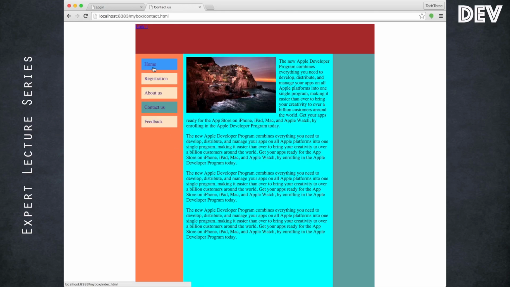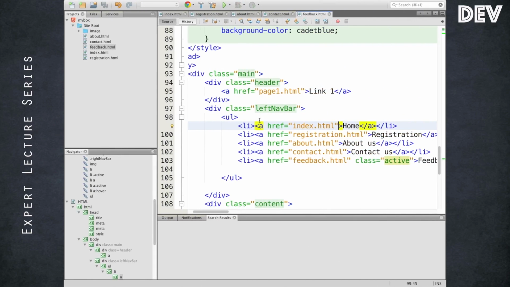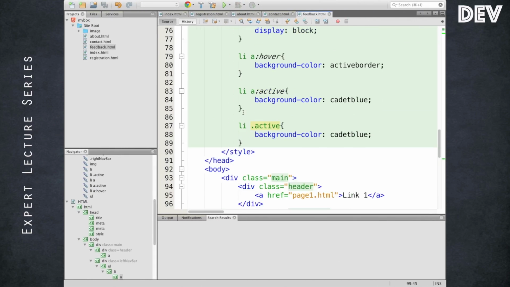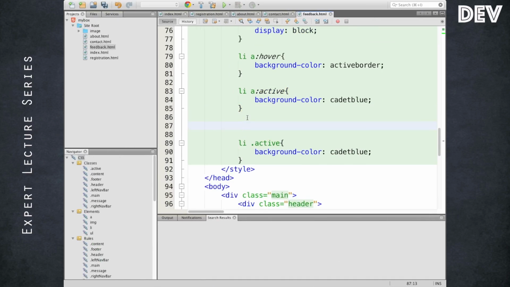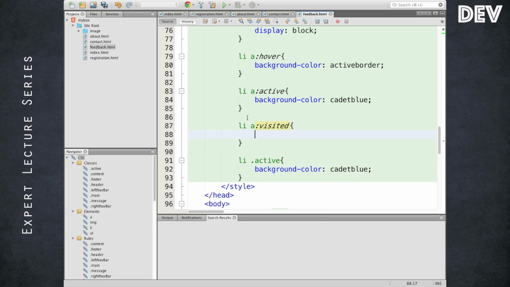Now the visited page. If you see, the visited page color is also slightly different. I hope we have a visited page color also set. This also can be customized, but I don't want to do it here, since I need to do it on all five pages. But this is also a built-in event. You can give a different background color if you do not want the default behavior of a visited page. You can give a different color.